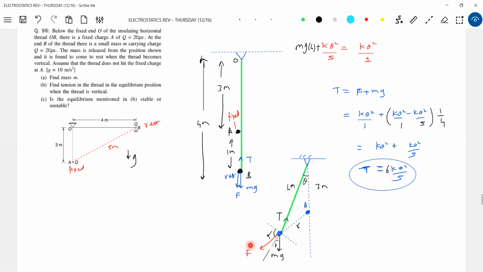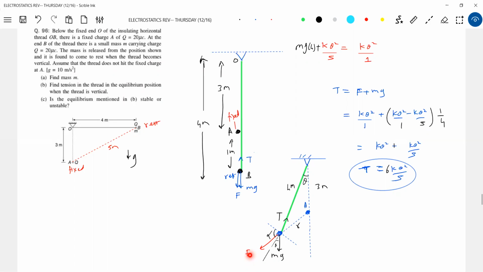F will increase and alpha will decrease there. So F cos alpha will be continuously increasing. So definitely, if I release here, this mg sin theta decreases, F cos alpha will be increasing. So not possible, no? No, F will increase. Mg sin theta will decrease. Distance is increasing, sir. F will decrease.